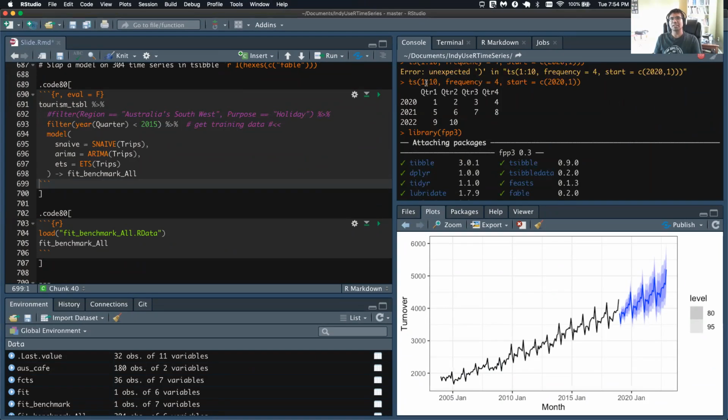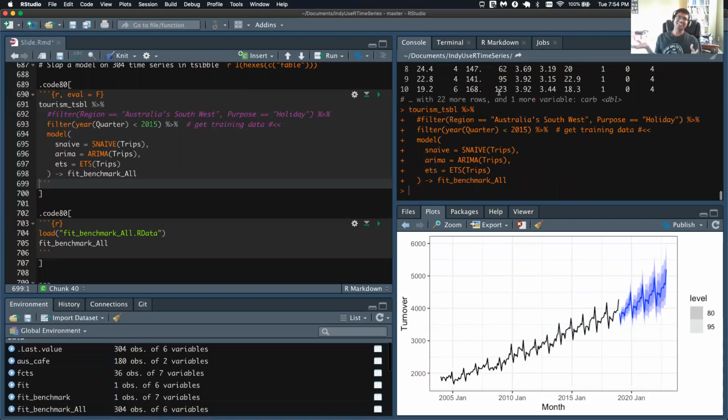TS, and I said make a vector of size 10, frequency 4, start of 2020 January. It automatically made quarter 1, quarter 2, 3, and 4. See, this is base R. It was smart enough to do that.